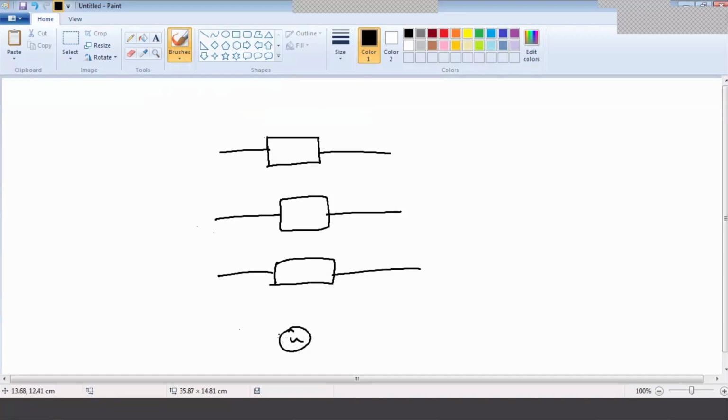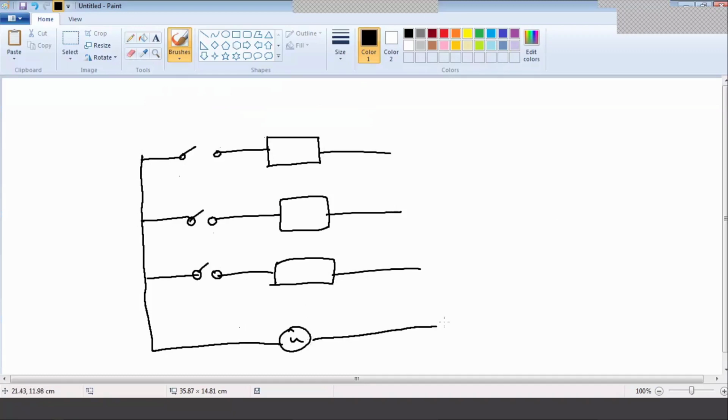Now here you will connect the switches. Suppose AC, geyser, fan.